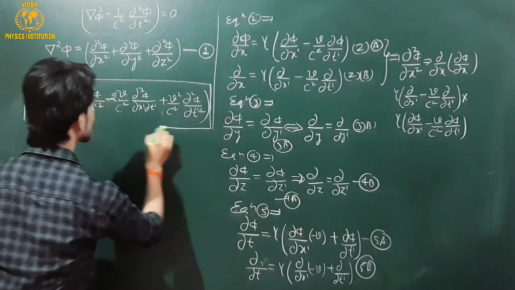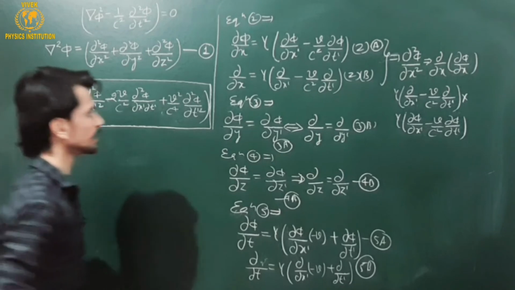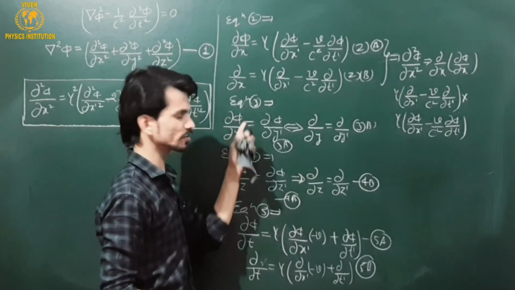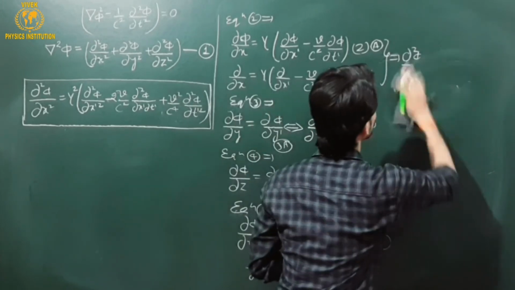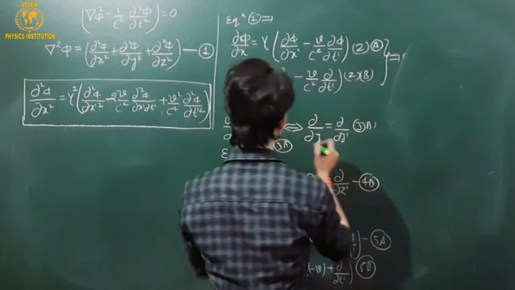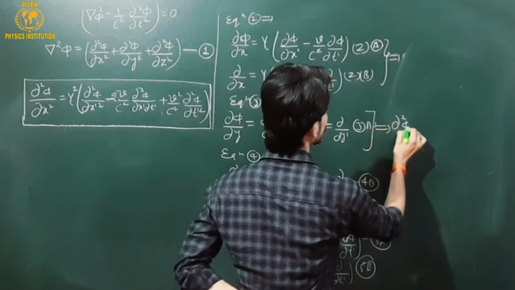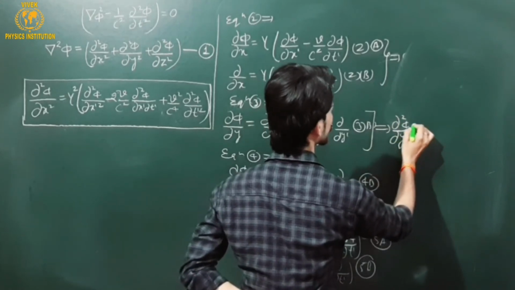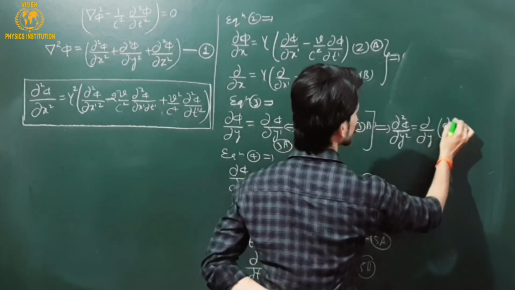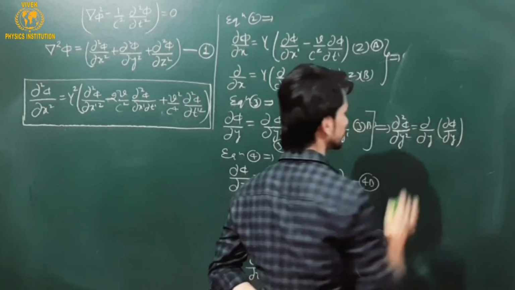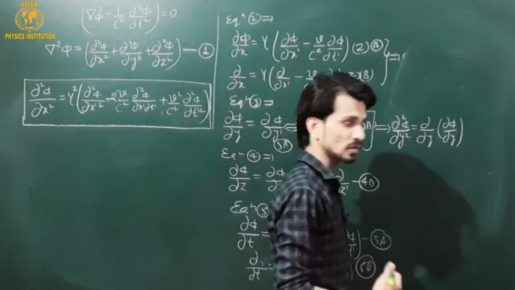Let me preserve this value for later. Again, I can find the value of del square phi, the second derivative of phi with respect to y. So I am removing this one from these two equations. Del square phi over del y square will be del over del y into del phi over del y, with a simple rule of calculus.